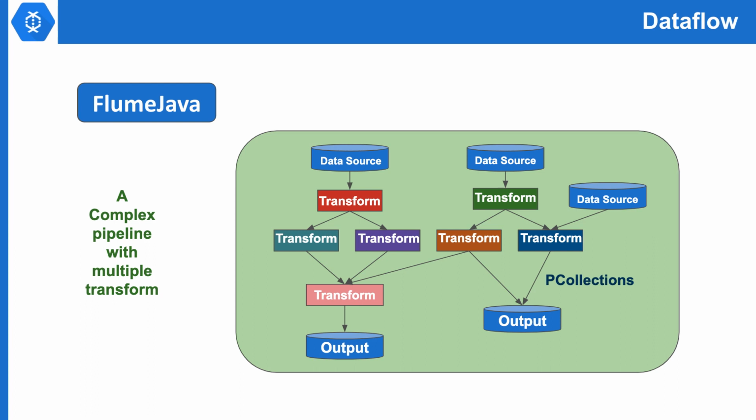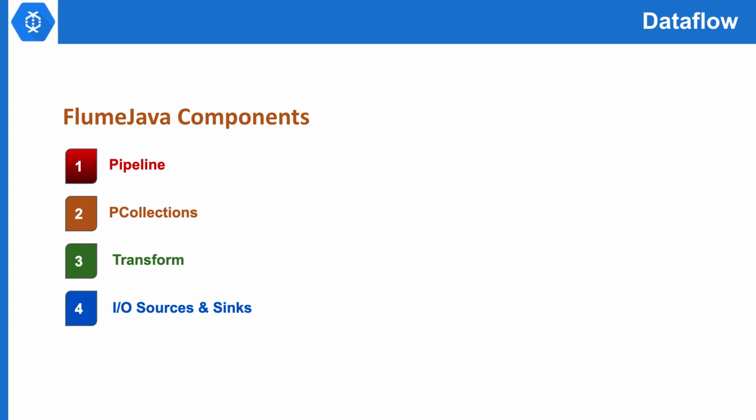So when you express your program as a sequence of transformations and operations on parallel collections and then run the FlumeJava program, the system constructs an execution data flow graph expressing your program as a pipeline and optimizes that graph. This graph is internally executed by an underlying data processing framework like MapReduce. FlumeJava's fusion of higher level programming abstraction and optimization framework frees developers from thinking about tedious details of MapReduce. A FlumeJava program has four major components: pipeline, PCollections, transforms, and input-output sources and sinks.